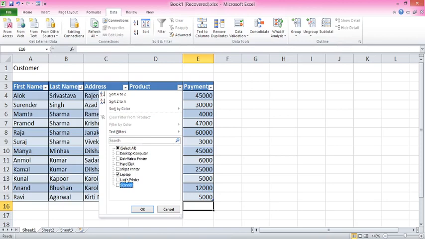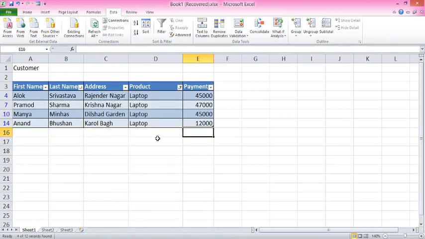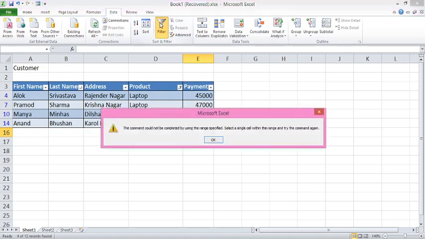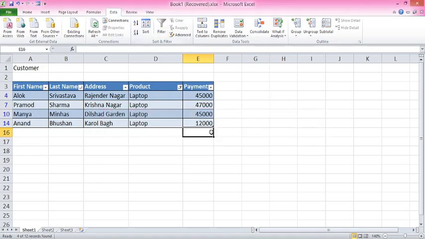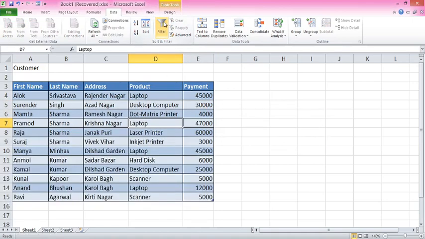All the entries of those who have purchased a laptop will appear on my screen once I tap OK. So these are the people who have purchased a laptop. To move back to the original table that you have already created, again press filter, and you will get the original table back.